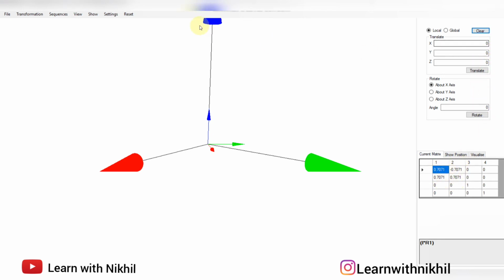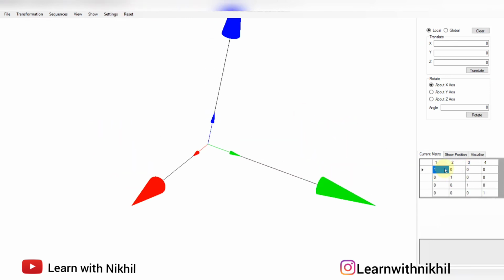I'll just clear this, reset this. So as you can see at the start, it is an identity matrix. If I change to some value, you can see this matrix has changed. So these 6 boxes are nothing but the rotation or the orientation matrix. So these are the 3 vectors as we have seen earlier in the slides. This is the normal, sliding and approach. So this is the 3 into 3 matrix which represents orientation or the rotation, and this 3 represents position. So this is how it is.